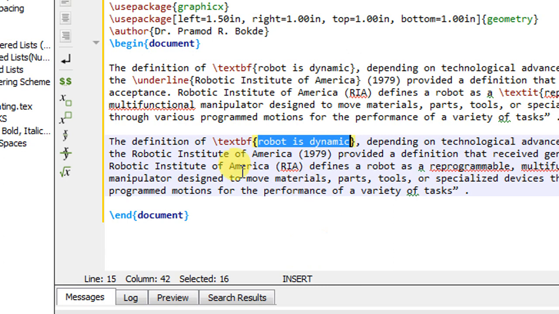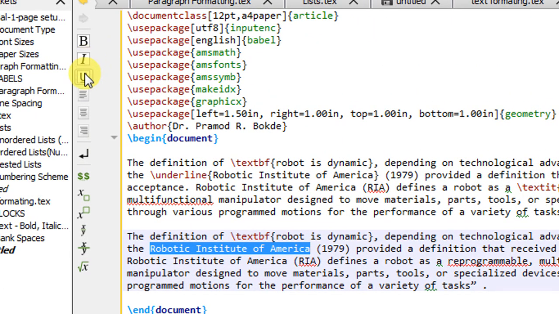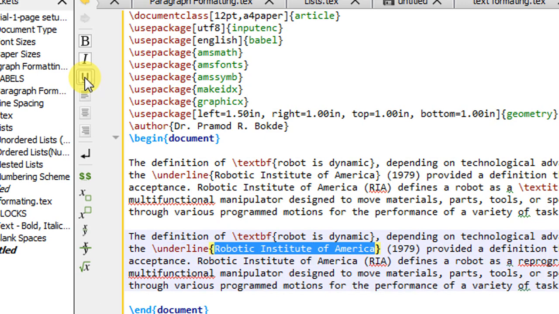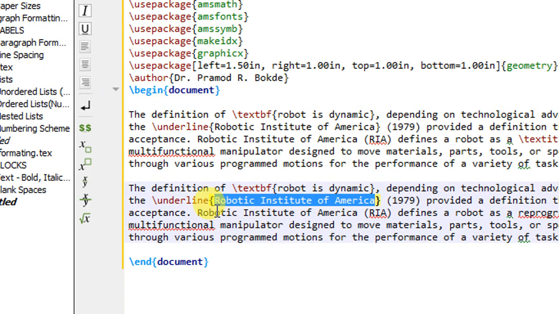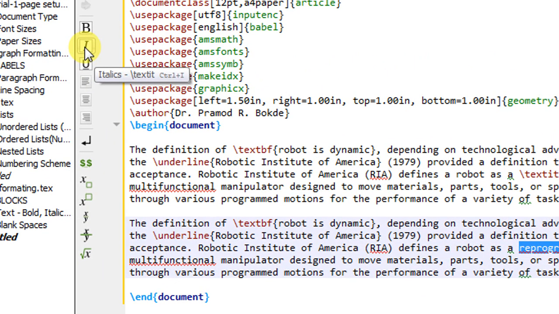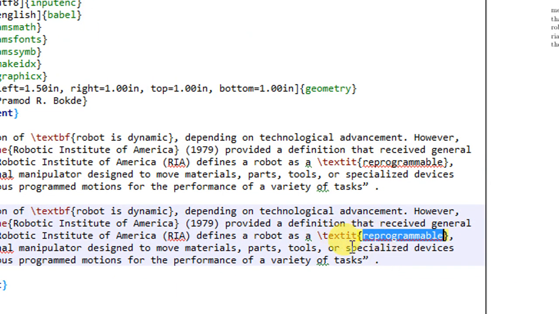Similarly, "Robotic Institute of America," I want to make underlined, so I will click on the U symbol, and it will produce the underline command. The third word we have selected, "reprogrammable," is for italics. I will select this text and click on italics, and it will give you the command textit automatically.